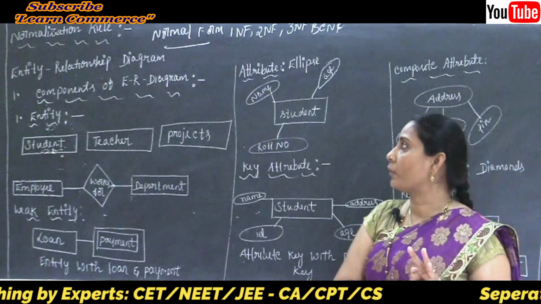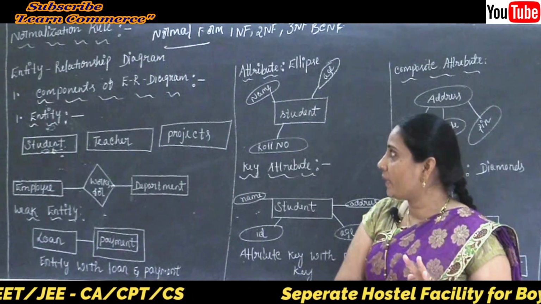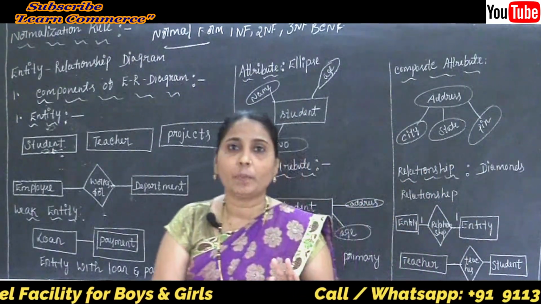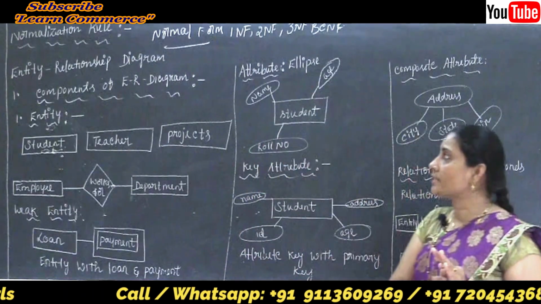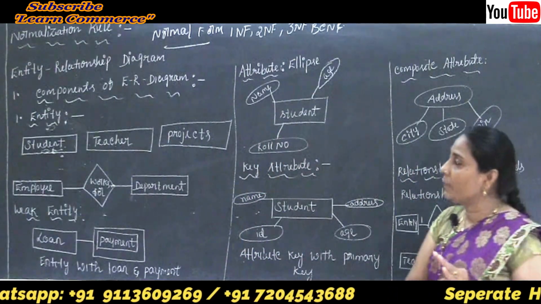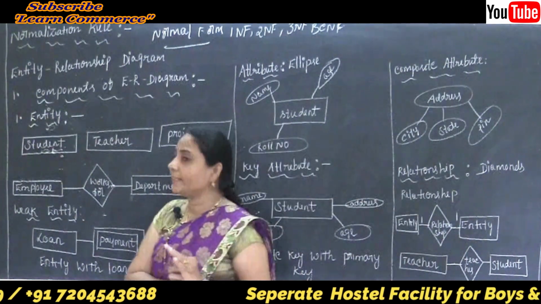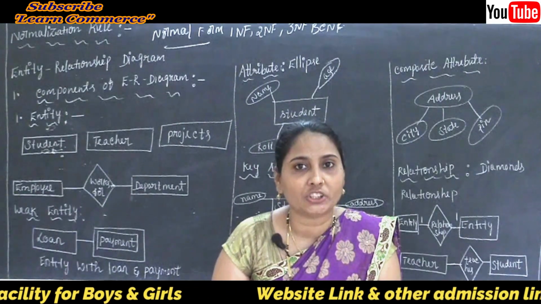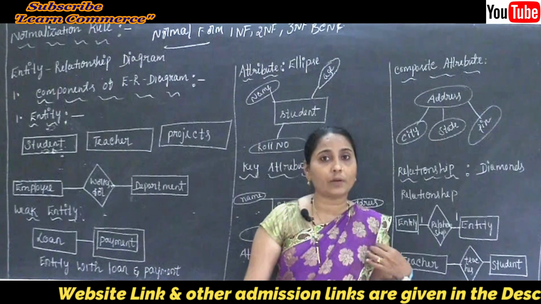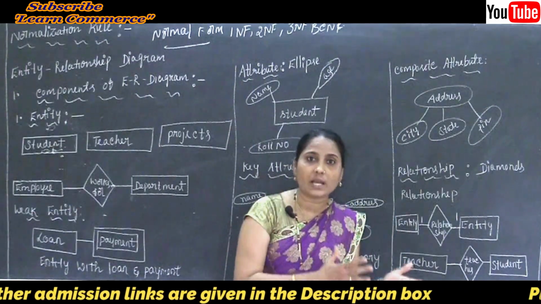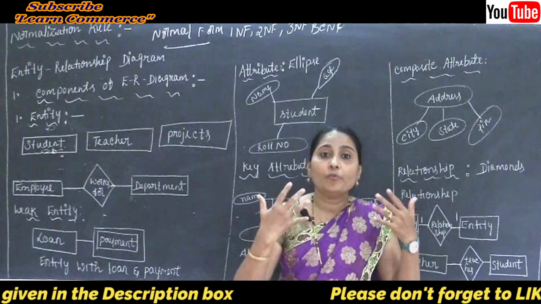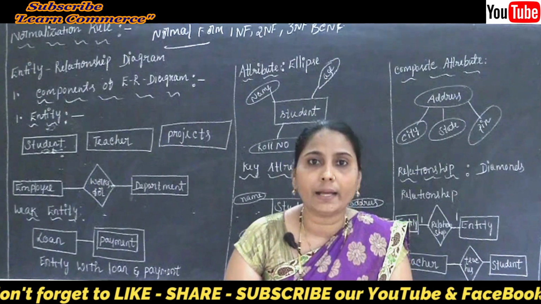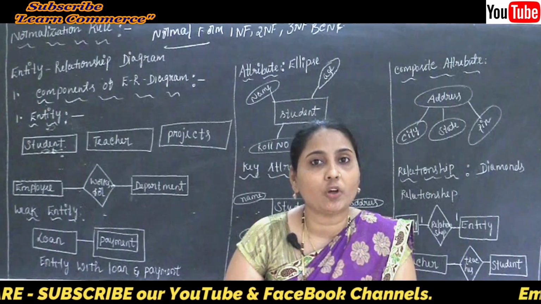Now, in this concept we are going to learn about the components of the ER diagram: entity, attributes and also the relationship. Before starting the components of the ER diagram, the correct meaning, the 1 mark question meaning for our entity relationship, we can say that the ER diagram is a visual representation of data. That means whatever data we organized, by using the rows and columns, such data we are going to view and see here. So the ER diagram is a visual representation of data.